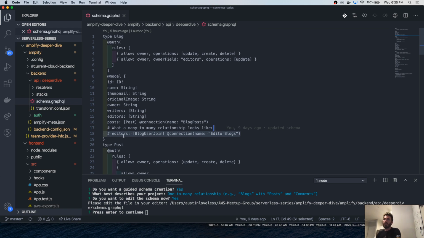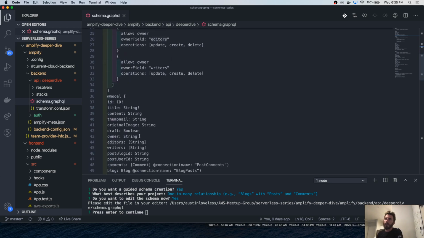We'll talk about that really quickly, even though it's not built into the app because it didn't really have a good place in this app, honestly. So it's kind of hard to make it fit. But this is saying that a blog would have multiple editors, and an editor could have multiple blogs. Basically, if you're in Medium, you can be a part of multiple publications, and a publication can have multiple people a part of it. And so how you could set that up